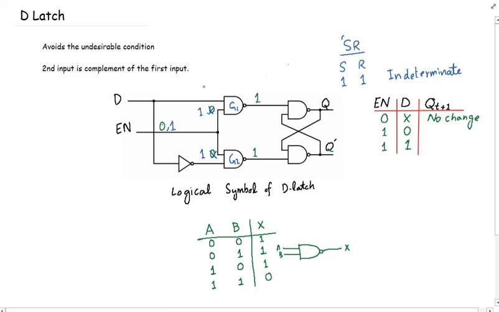So if D is 0, so 1 0, we will get output 1. If D is 1, so 1 1 applied at NAND gate, see it from the truth table, we see a 0 output. So it is acting like an inverter. For 0 we get a 1 output, for 1 we get a 0 output. Similarly, this gate will also act like an inverter.